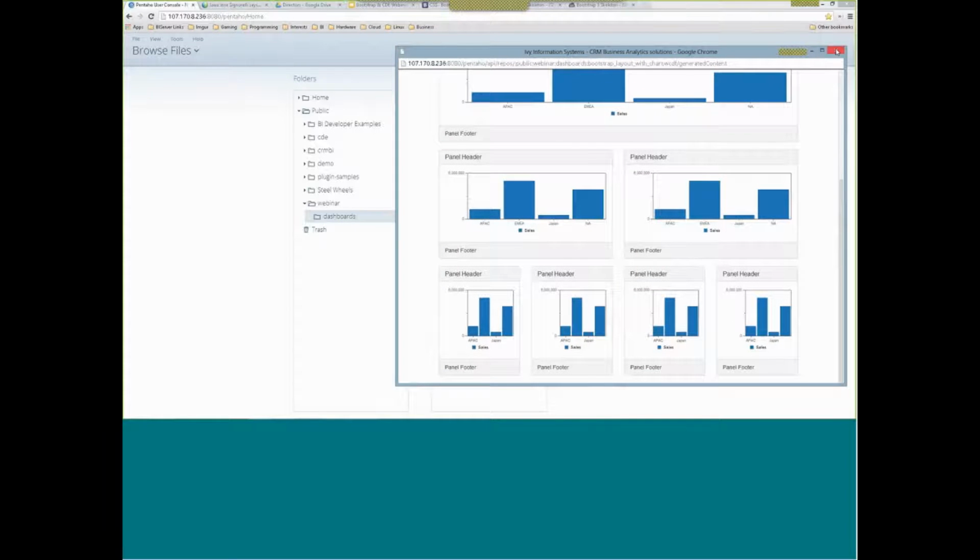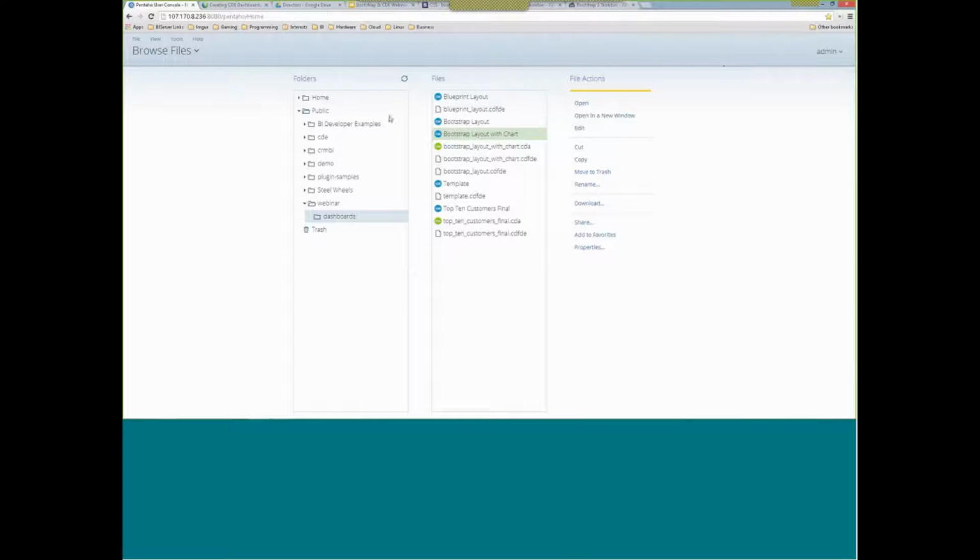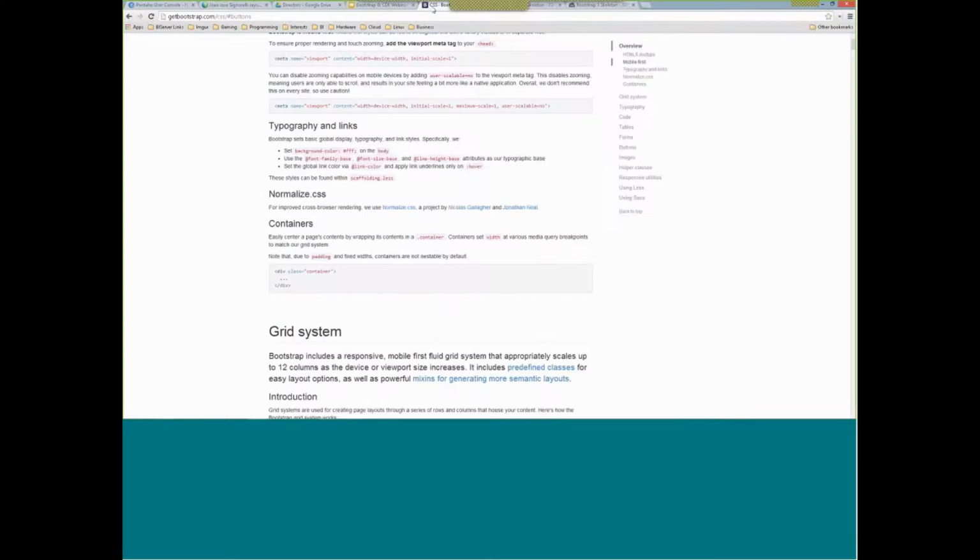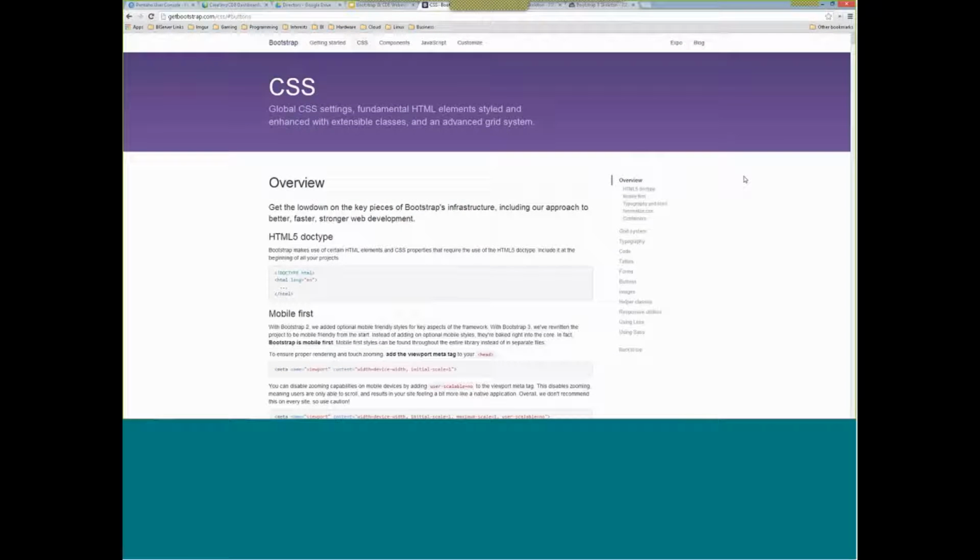Okay, so I'm going to go ahead and get started with building a Bootstrap dashboard. If you're familiar with building CDE dashboards, it's very similar. The only difference is learning a couple of the rules about Bootstrap. And a lot of this can be learned from the actual Bootstrap website. I'll make sure we've got links for all of this stuff in the email that I'll send to everybody at the end. But if you were to go to getbootstrap.com, here we can see this is the main website with